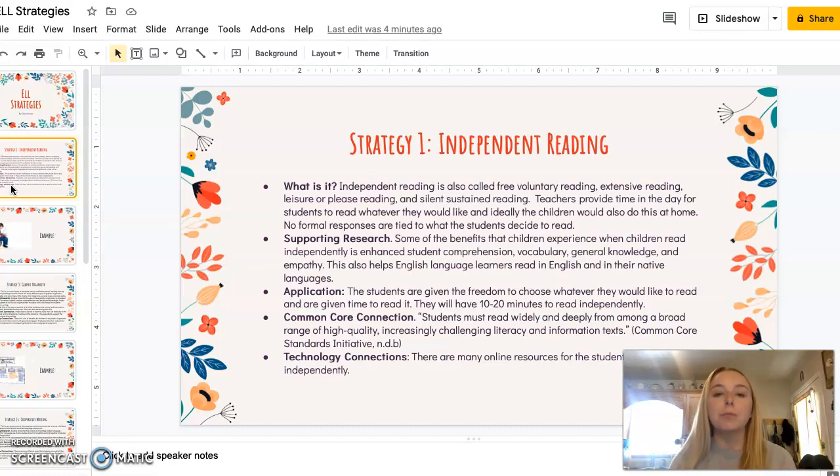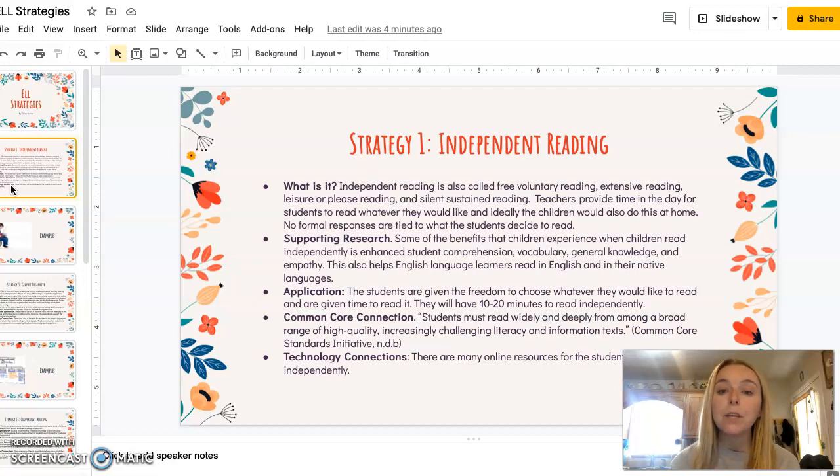So the research that supports this is that when children read independently, that enhances student comprehension, their vocabulary, their general knowledge, and their empathy. It also helps English language learners read in English and their native language. And so for the application, the students are given the freedom to choose what they like to read, and they would have 10 to 20 minutes